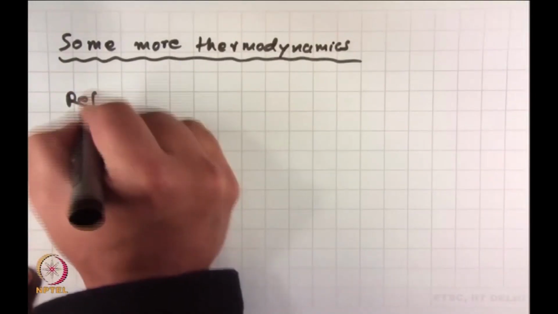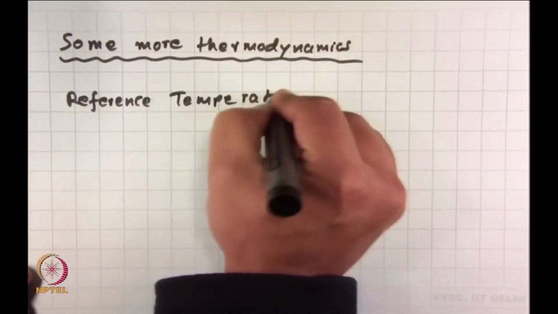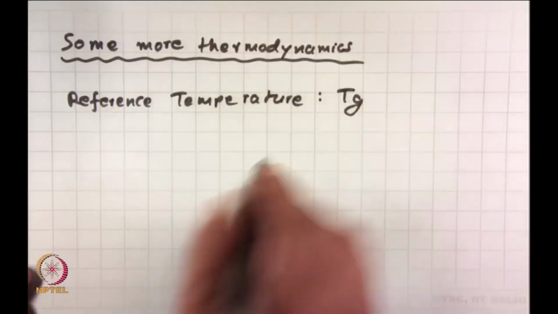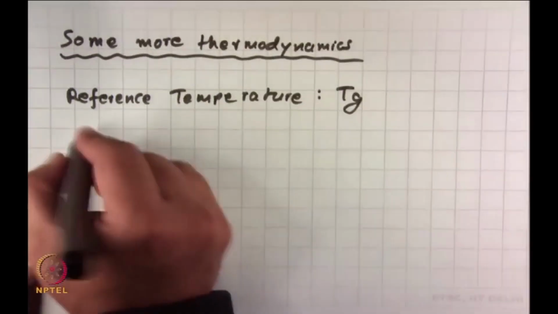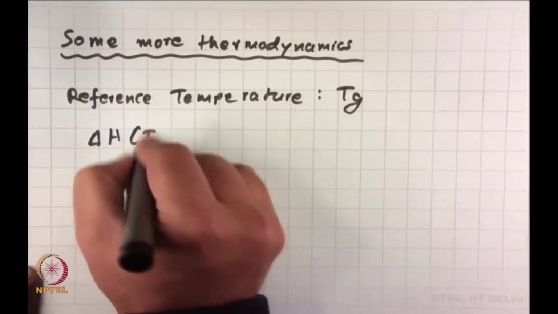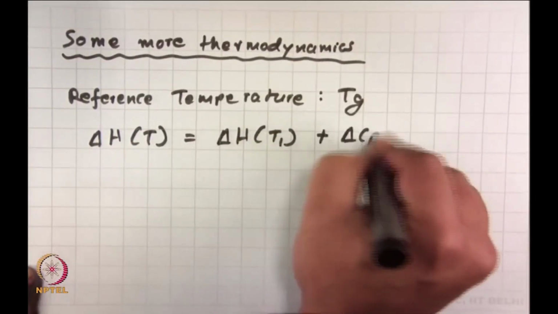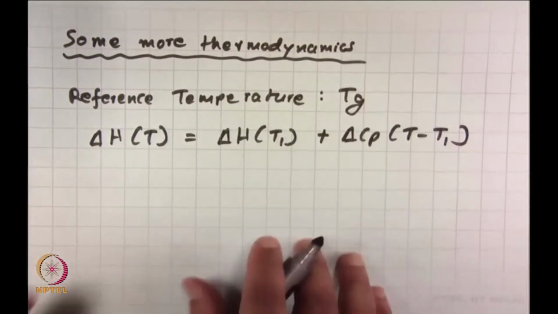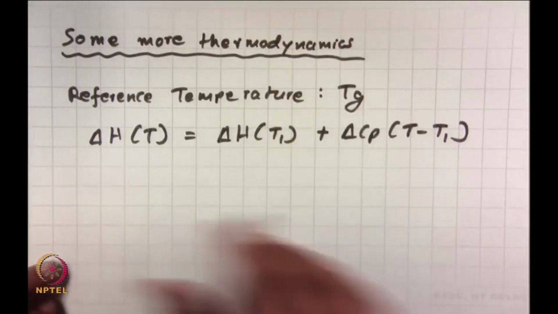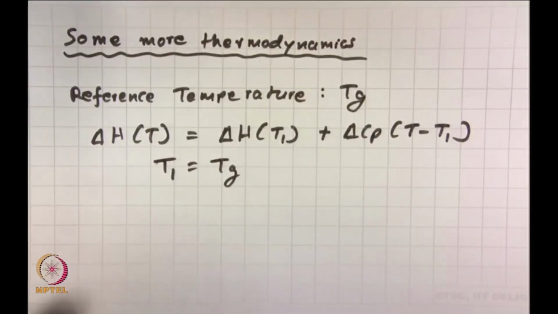Here what we will do is we will take the reference temperature as Tg. Remember what is Tg? Tg is our heat denaturation point, right, where delta G goes to 0 on heating. And then what we had is, we had delta H(T) equal to delta H(T1) plus delta Cp (T minus T1), that is what we had from before. I am just rewriting it because it will help us in maintaining the continuity. We will say that T1 is equal to Tg,